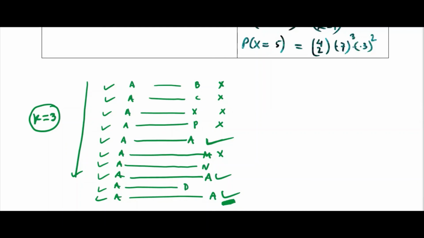In my example, I stopped here, but otherwise it can take any number of trials. Here 1, 2, 3, 4, 5, 6, 7, 8, 9, 10 trials. Maybe it will happen in 5 trials, minimum 3 trials, 15 trials, 20 trials. So you are finding the number of trials in negative binomial. Remember, you are finding the probability of the number of trials required to get 3 successes in negative binomial, and 1 success in geometric, which is also a negative binomial where k is 1, a particular case of negative binomial.